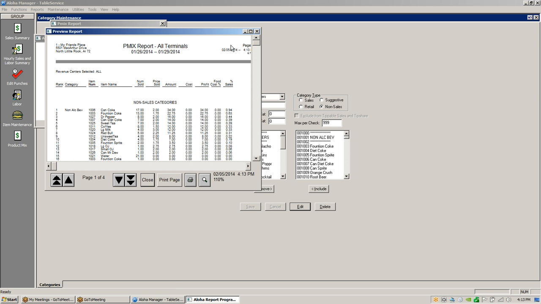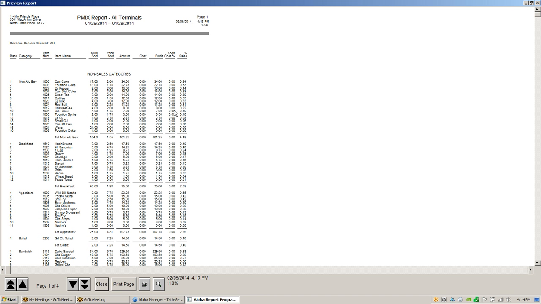What that's going to do is sort this report beautifully. See, all my non-alc items are categorized together. My breakfast is all categorized together. Appetizers, salads. Looks like we're not doing a lot of salad for a week. Why aren't we doing salad? Probably because it's freezing cold outside. That kind of thing. So basically, you can look at your sandwiches and